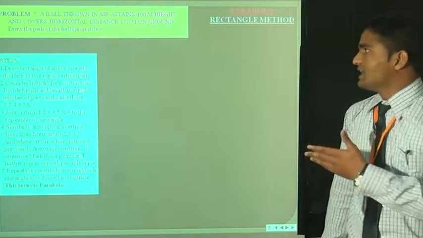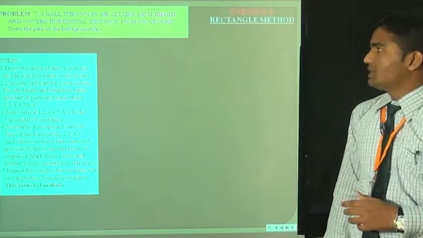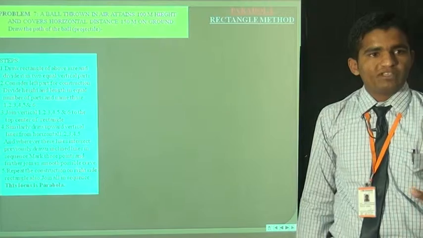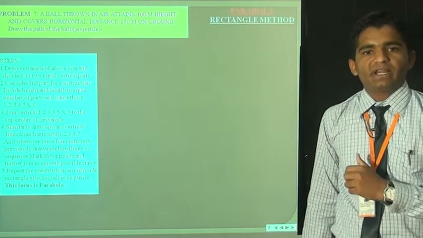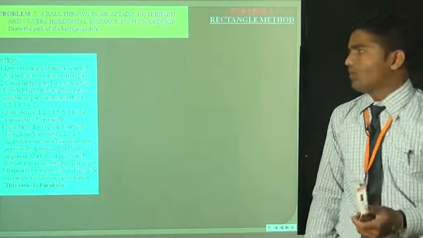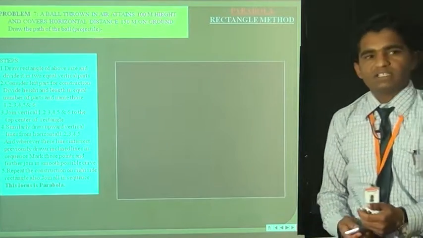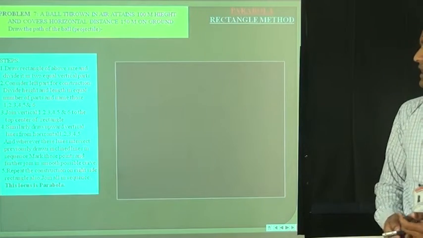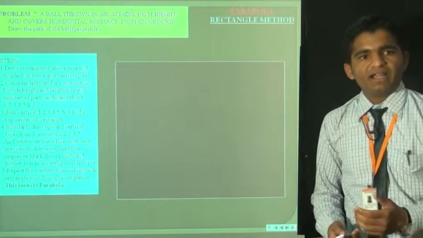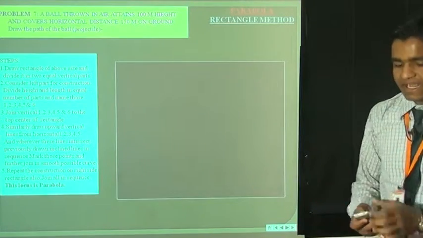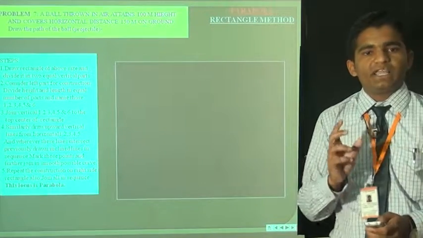the rectangle of the given size. So we have the horizontal distance, meaning the width of the rectangle of the parabola, and the height of the rectangle of the parabola. So first of all, draw the rectangle of the given size, 150 by 100 mm. Then the next step is to divide this rectangle into two equal vertical parts.